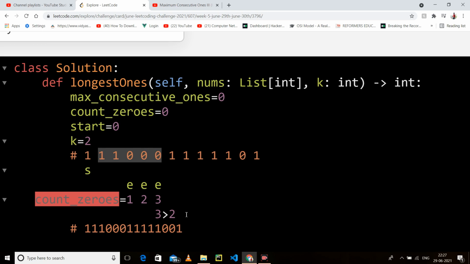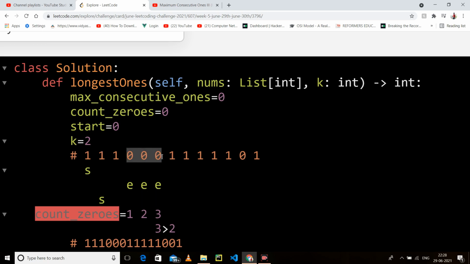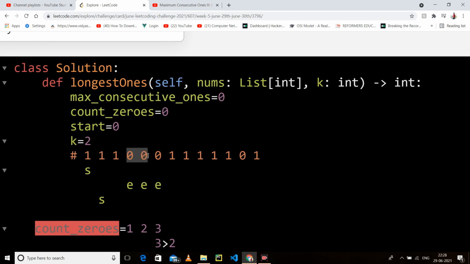So here what I will do, I will increase my count of s by 1, and we have authority that we can hold only 2 zeros at a time. At the same time we will move s by 1, because I have to remove these 2 zeros. Why? Because this is a complete window and our next window can start from here. So I have to take care of this only 0, not this, because this has been included.